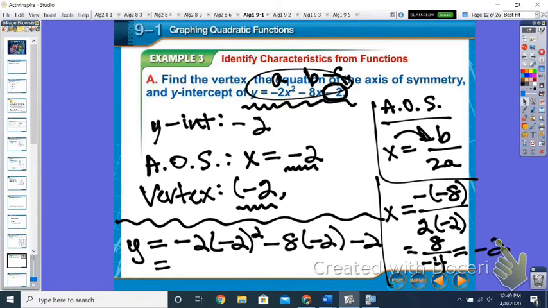But no matter what you're using, let's see, this would be -8 plus 16, which is 8 minus 2, which is 6. So that's 6, so it's -2 comma 6 for our vertex. All right, so